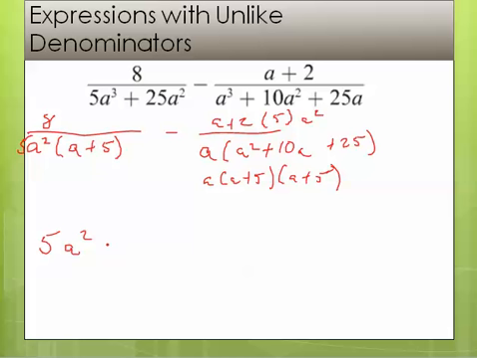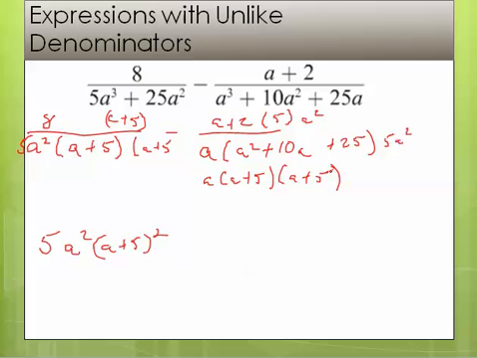And then I need to have an a plus 5 common to both of them. Well, they both have that. But I need 2 of them. This one needs an a plus 5. So I'm going to be multiplying this one times a plus 5. And over here I'm multiplying times